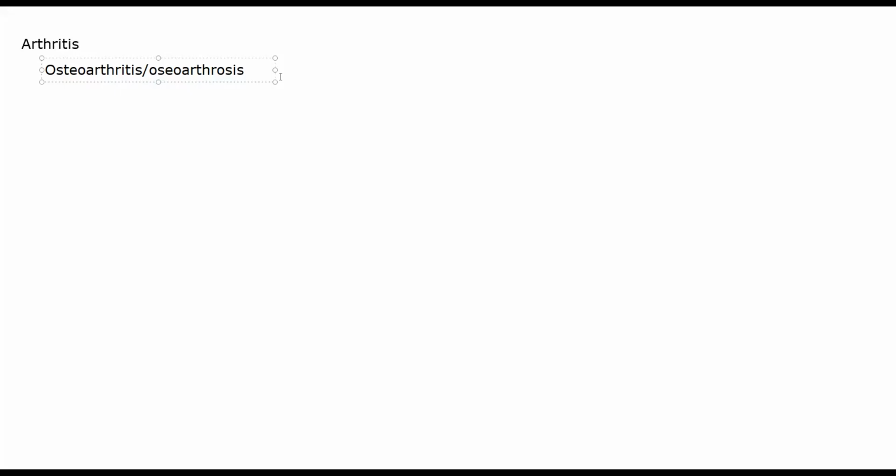Okay, you can have two main types of osteoarthritis. There is primary and secondary. Primary osteoarthritis, so we have two types. We have primary and we have secondary. Primary osteoarthritis will occur in elderly, and it is more common in women. Okay, as they age,